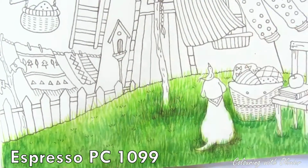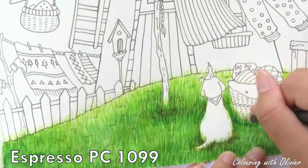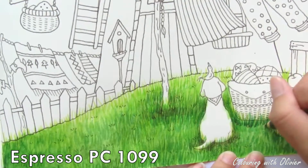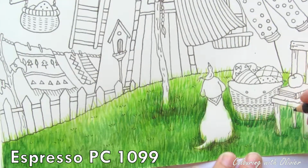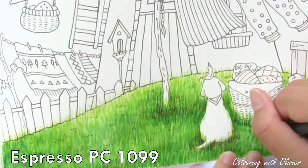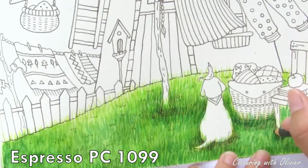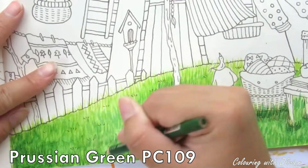And as you can see, I add a lot under the basket and around the puppy and around the chair, because I just want to bring those values up a little bit more and make it more clear. That way, when you look at the picture, you don't just see green color, and it's actually this object is not floating on top